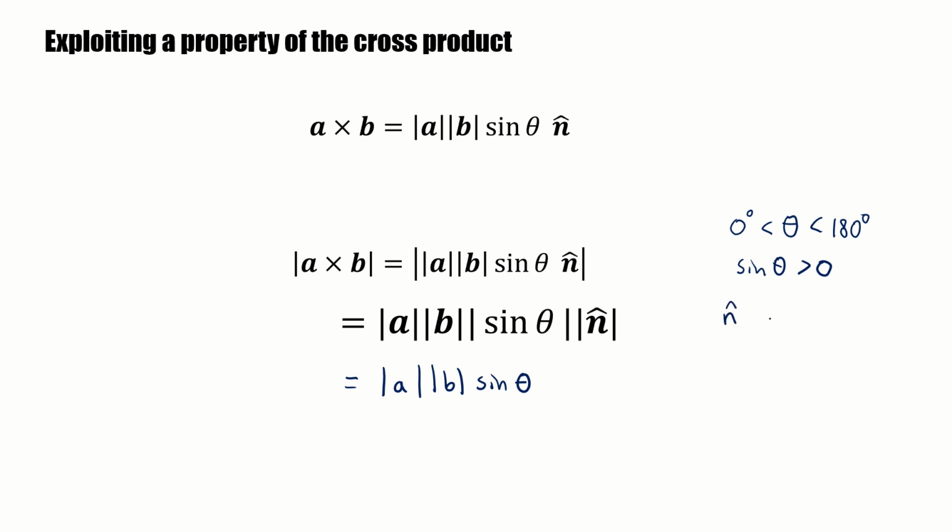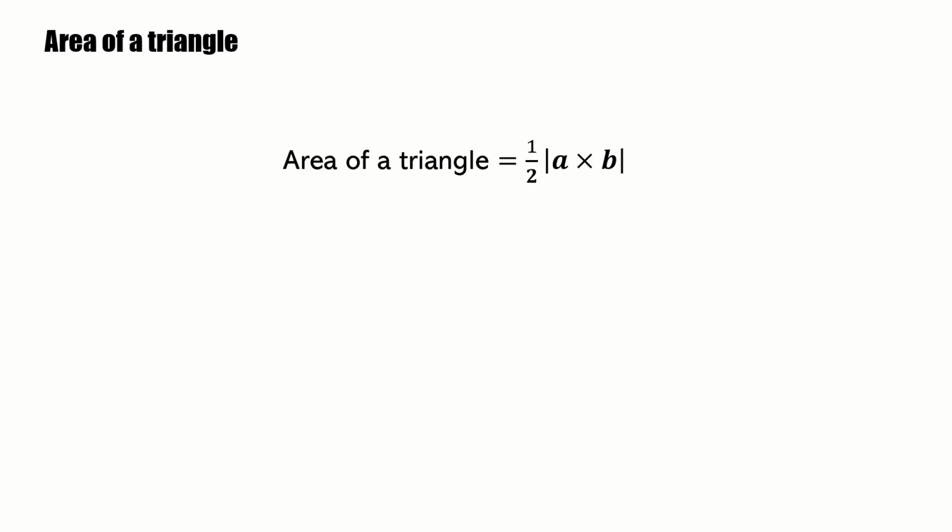But n hat is a unit vector. And therefore, by definition, as a reminder, any unit vector always has a magnitude of 1. So we are just multiplying by 1, which of course is just going to be magnitude of A, magnitude of B, sine theta. But therefore, if we want to utilize this result to work out the area of a triangle, we've just got to include that final missing thing from the formula half ab sine C, which is that scale factor of a half. So therefore, the area of a triangle is defined as being half lots of the magnitude